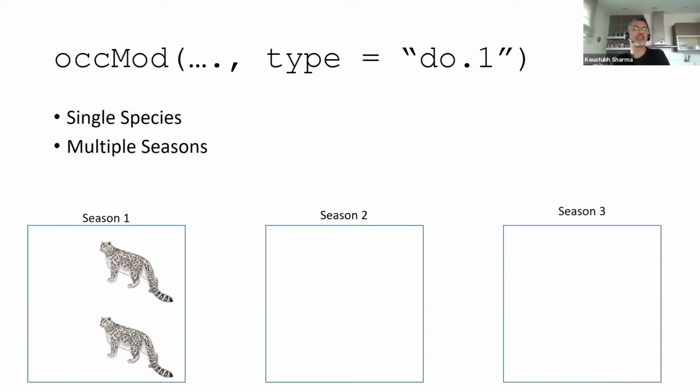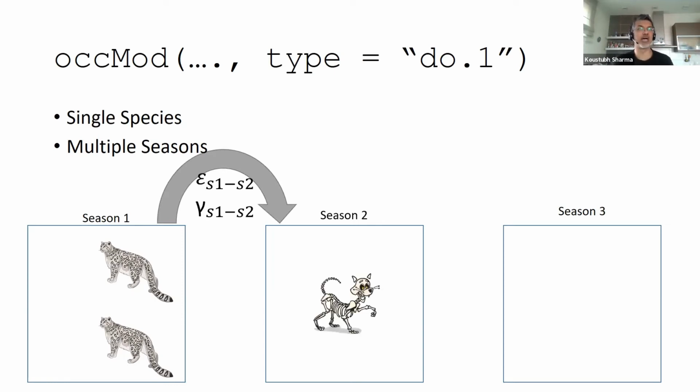There can be more than one season that you're talking about, and a season is nothing but a chunk in time. Again, the assumptions remain the same: within a season occupancy doesn't change, so there will always be a snapshot of time, at least within the season, that you'll have to take care of. But what does happen is, in this case, for instance, between season 1 and season 2, in this sampling unit, the snow leopard went locally extinct for whatever reason. Maybe people killed it, maybe something else happened. The snow leopard simply abandoned this site. What has happened is, this particular site, let's say site A1, has undergone local extinction.